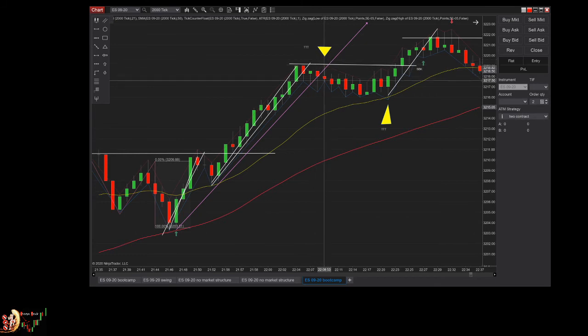So I will place a short over here and wait for the price. Okay, so it's good for a 1 point scalp. I'm not asking you to take more than a 1 point scalp. Okay, so that's the first one that I took.